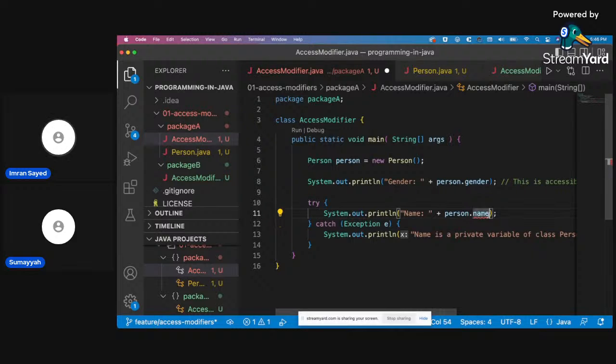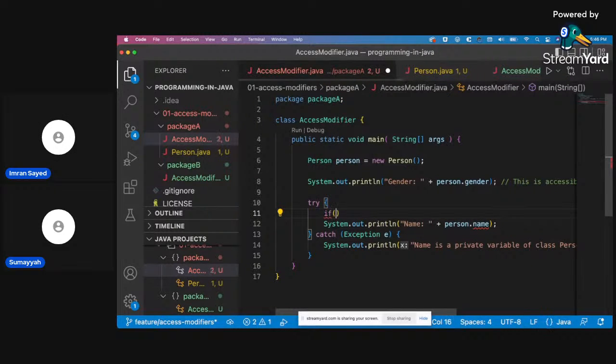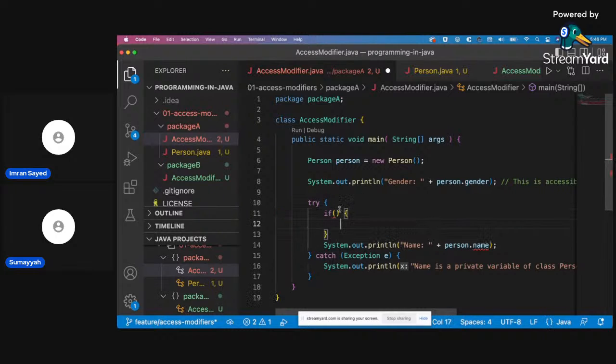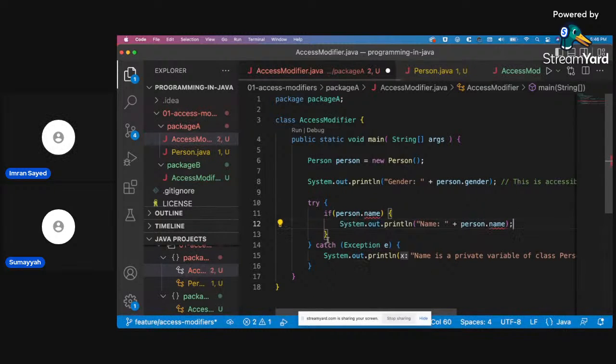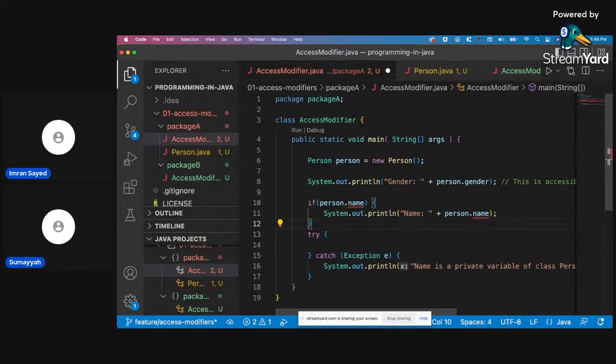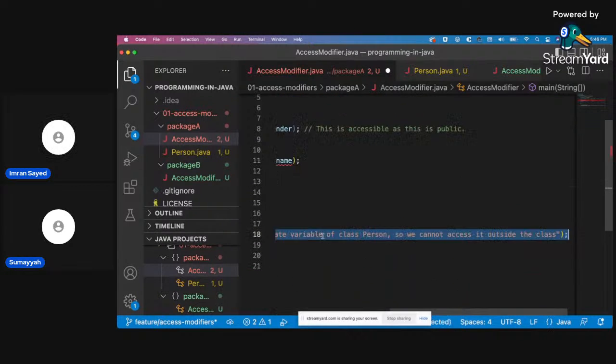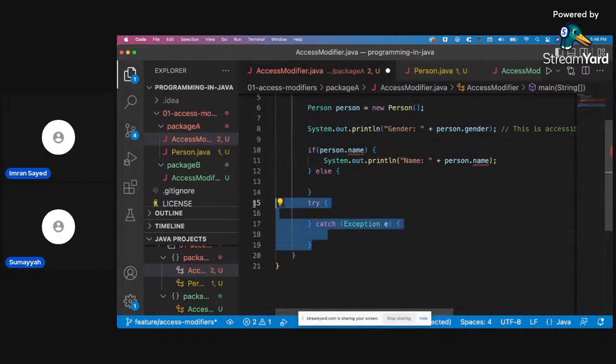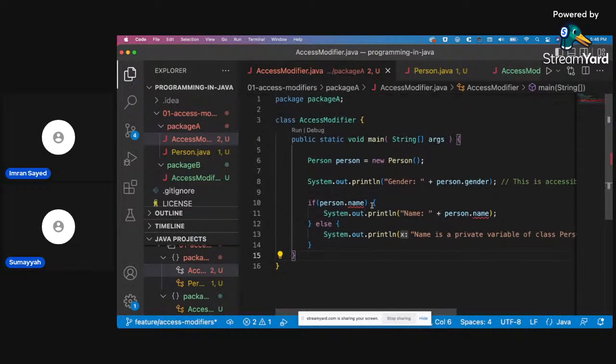What if I say if this works, I don't use try and catch, else it has to be something. Let's see.